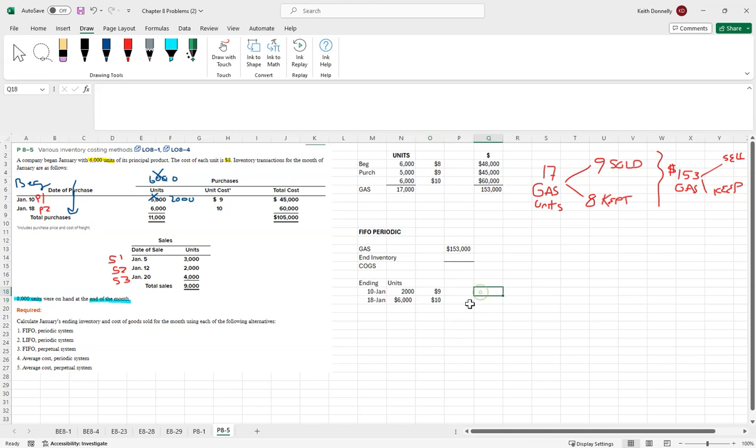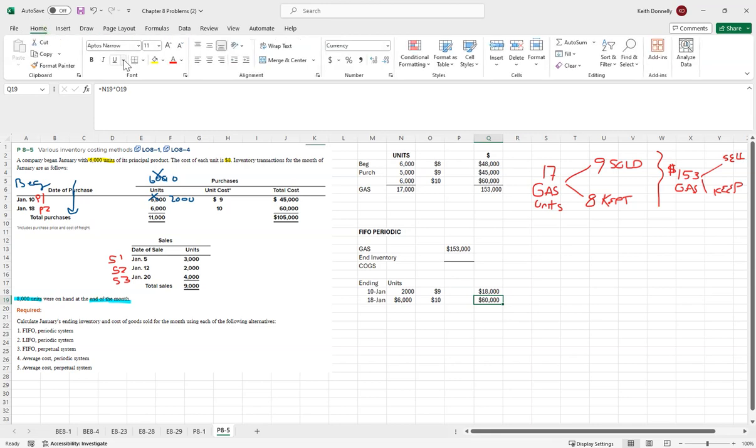If we were to just cross multiply that, right, 18, 60, add these guys together, right, we're looking at 78,000. Right, we solve the ending inventory at 78,000, then we can back into our cost of goods sold of 75,000,